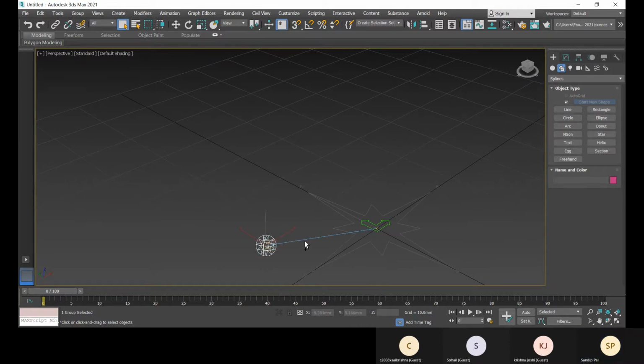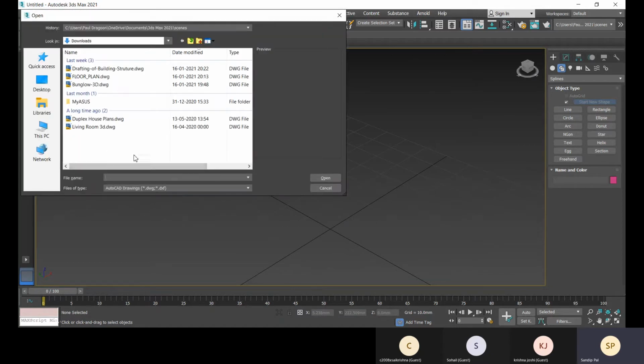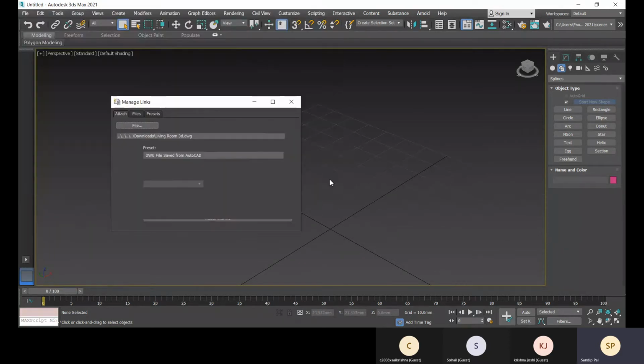Okay. Again, I'm going to import, link AutoCAD, AutoCAD drawings, open it.